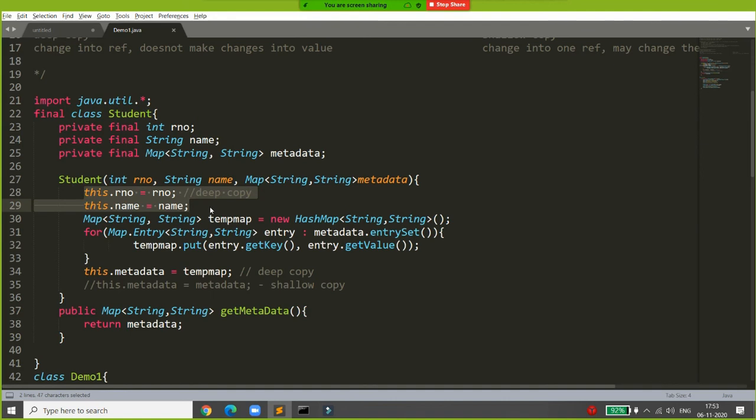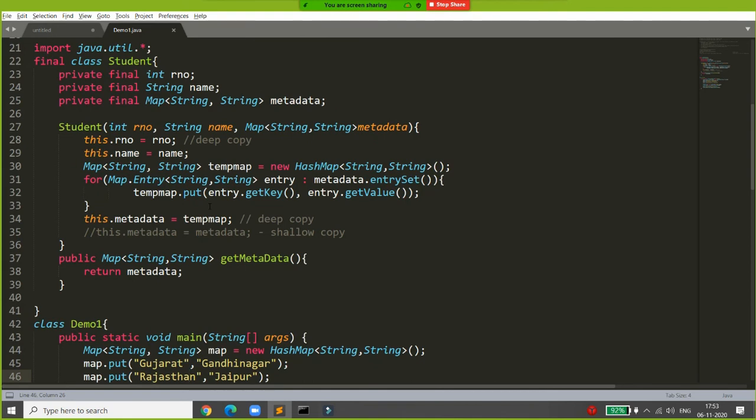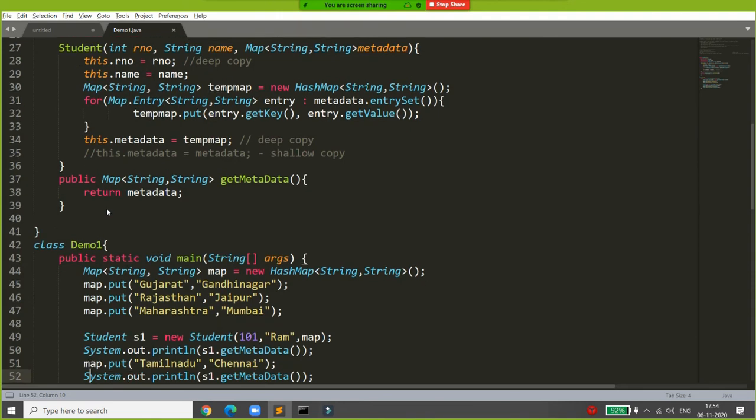Why? Because by default, if the instance variable is a primitive type, then deep copy is always there. No need to make changes to this, because by default behavior in call by value, changes to any primitive value do not change your actual value. That is the default behavior in call by value, but it does not happen with call by reference, and that is the reason why I need to do it like this. If you want to develop your own immutable